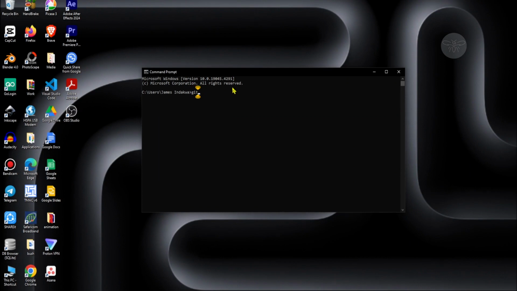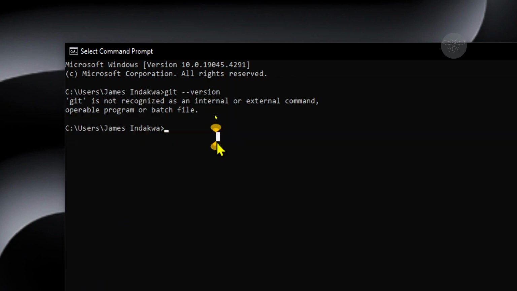You type git --version and then hit the enter button. You'll find that it is bringing this output, git version 2.45.1. If it doesn't bring something like this, it means that Git is not installed in your